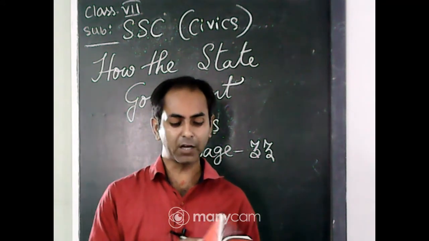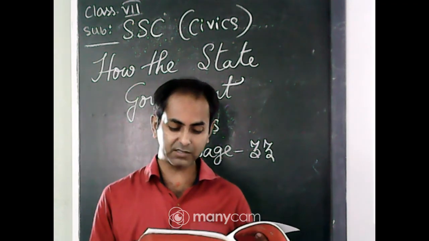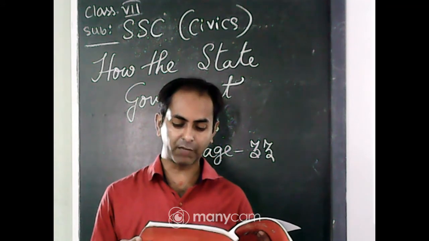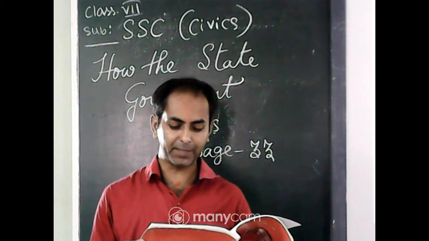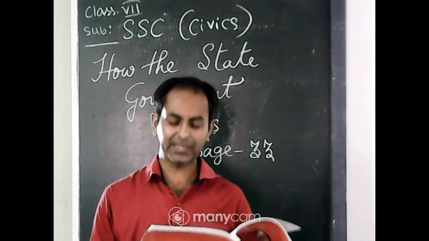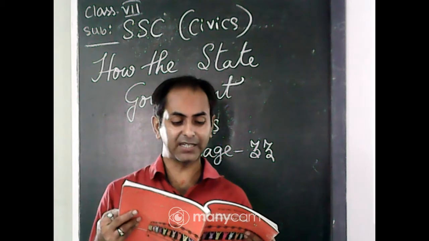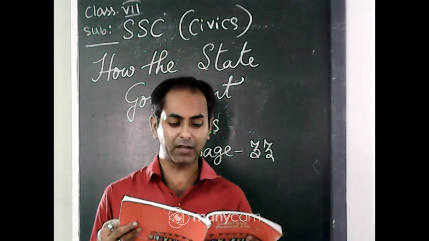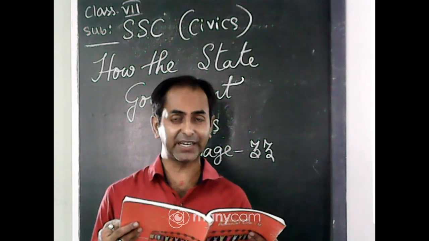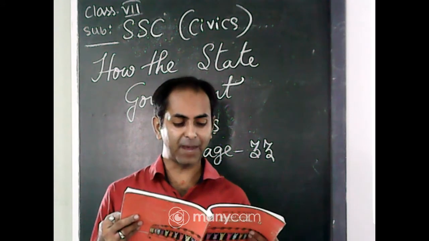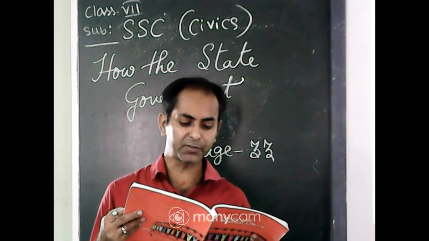Then we have seen the meaning of constituency. If you come to page number 41, we can just revise once. A particular area from which all the voters living there choose their representatives. This could be, for example, a panchayat ward or an area that chooses an MLA. After that, majority: the political party whose MLAs have won more than half the number of constituencies can be said to be in a majority, and the political party that has the majority is called the ruling party, and all other members are called the opposition.